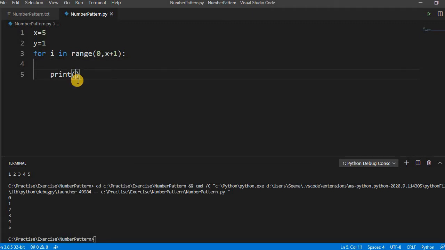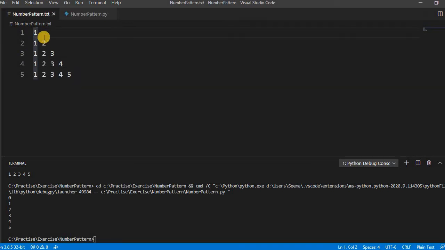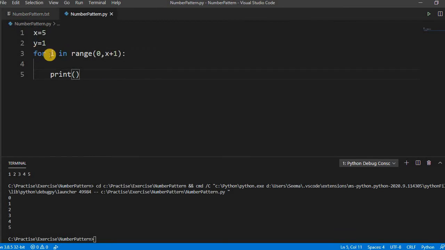And we have to print in the first loop 1 value. In the second loop, we have to print 1 and 2. In the third loop, we have to print 1, 2, 3. So it seems that it depends upon this i also, right? Because the first time it will get 1 loop, and then 2 loop, 3 loop. Okay, right? Let's take an example.